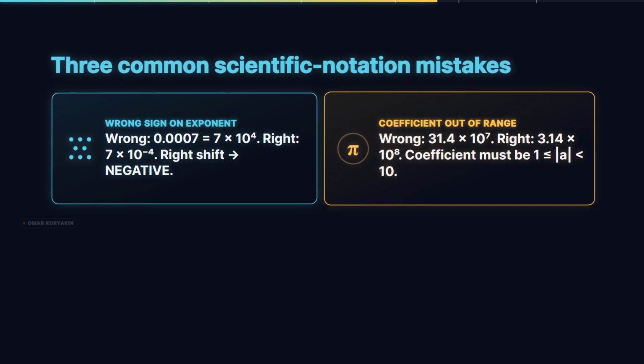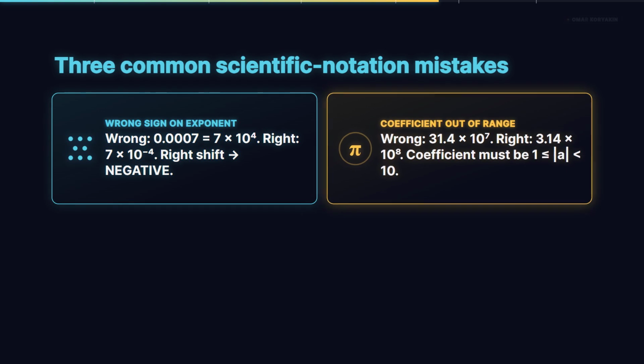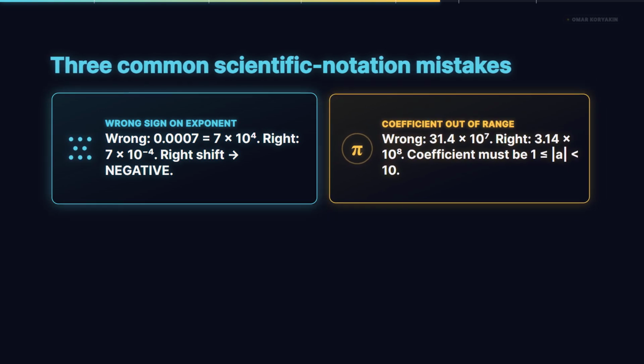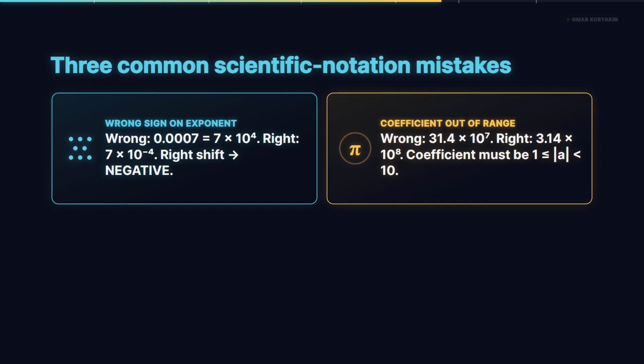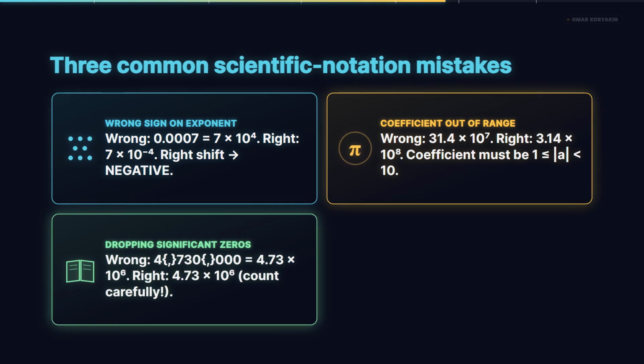31.4 does not. The correct form is 3.14 times 10 to the 8th. We had to shift the decimal one more place left in the coefficient and bump the exponent up by 1 to compensate. Third mistake. A student writes